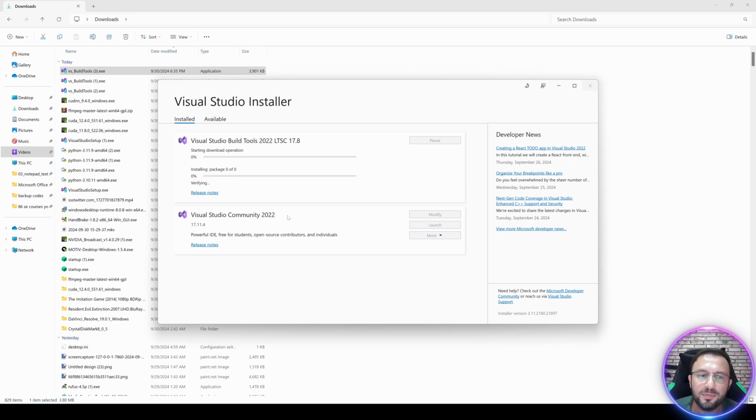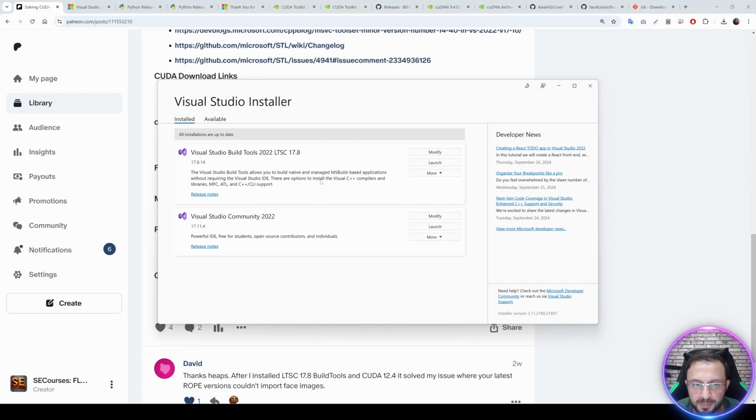And this time it is going to install Visual Studio Build Tools. When you install both of these, then you are all set to work with open source AI. You don't need to install these two into your C drive, but I prefer to install into C drive to not have any possible issues. So this is the way of installing C++ tools. And you can see which one is installed. Visual Studio Build Tools 2022 LTSC 17.8. And the installation has been completed as you are seeing right now.